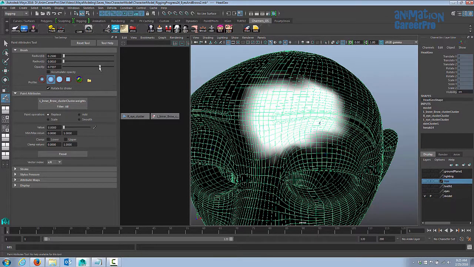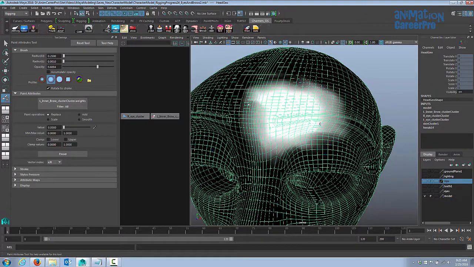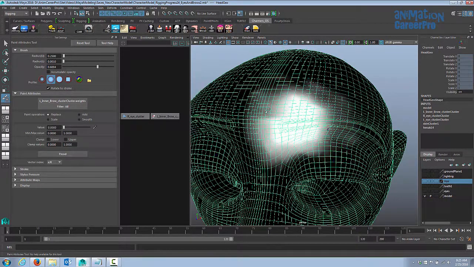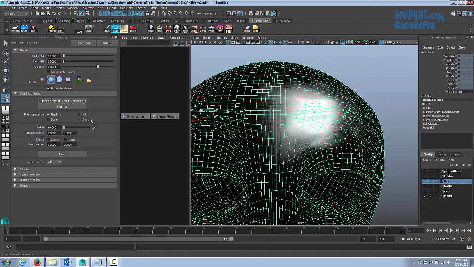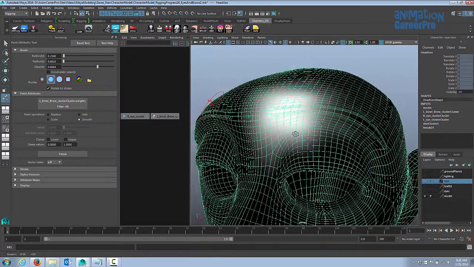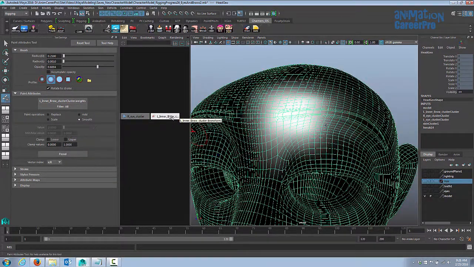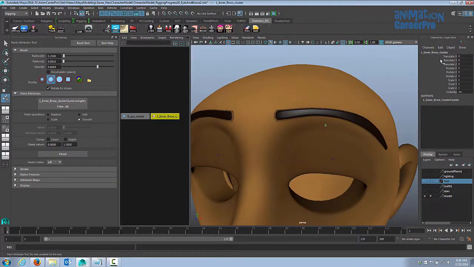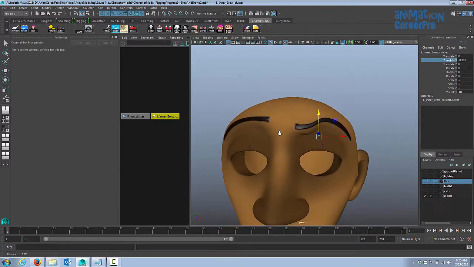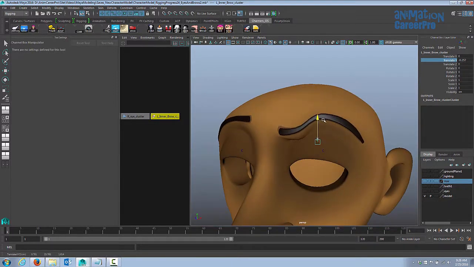Alright, I'm going to drag my opacity down to about 2/3 of the way. Let's just smooth flood that. And let's move the cluster. I'm going to select the cluster now and let's move it up and down. Alright, so that's looking pretty cool.